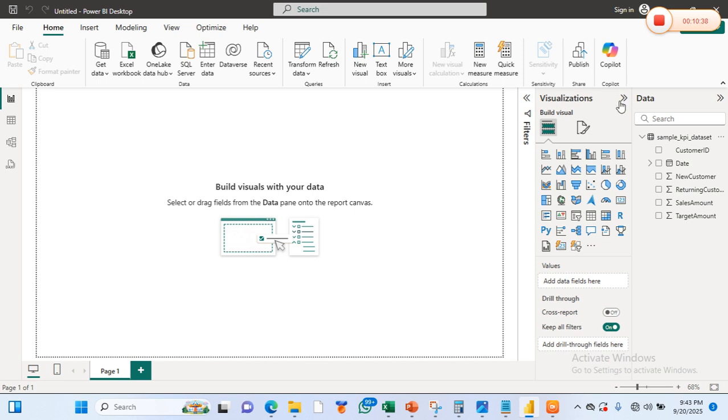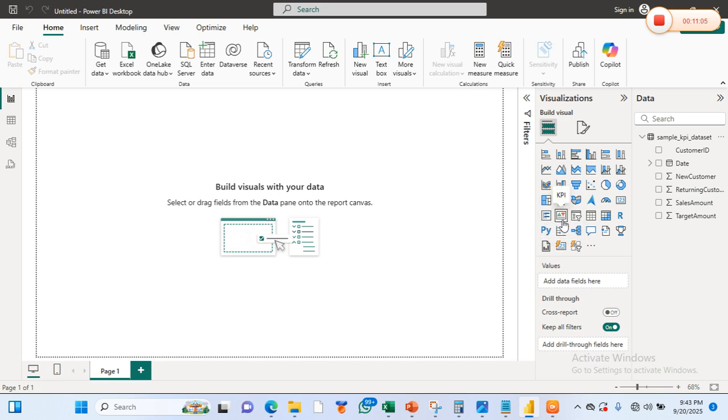So on your visualization pane, these are your charts, right? Your KPI could be your card. One, you represent your KPI with your card, right? Secondly, you represent it with another card. It's a new card. You represent it with another card.